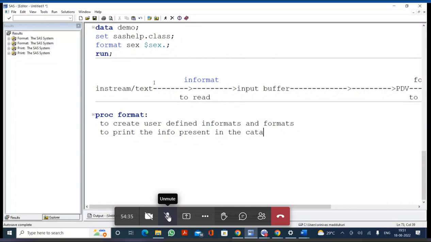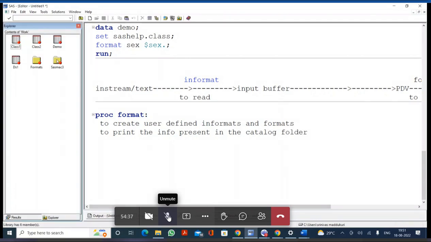So here I'm creating user-defined formats in a folder, right? Formats folder, right? This is a catalog folder. Whatever information we have here, if you want to print that information, we use a proc format procedure. Not only that one, whatever user-defined information formats we have in the format folder, okay? To dump that information, or to dump the info present in the catalog folder,